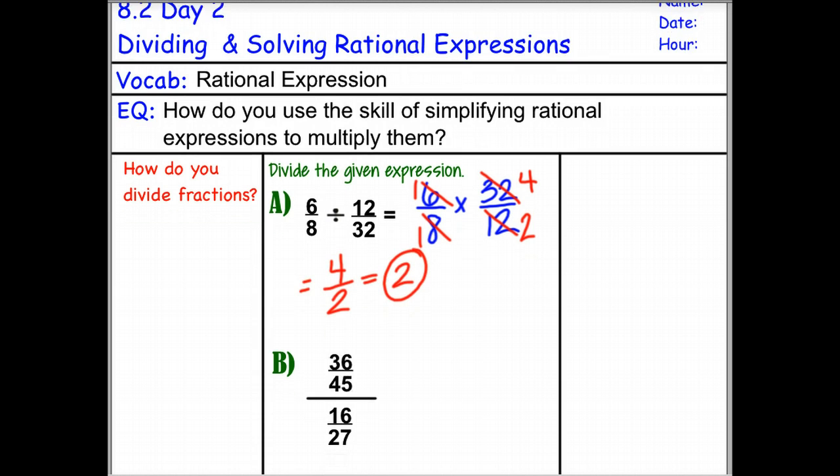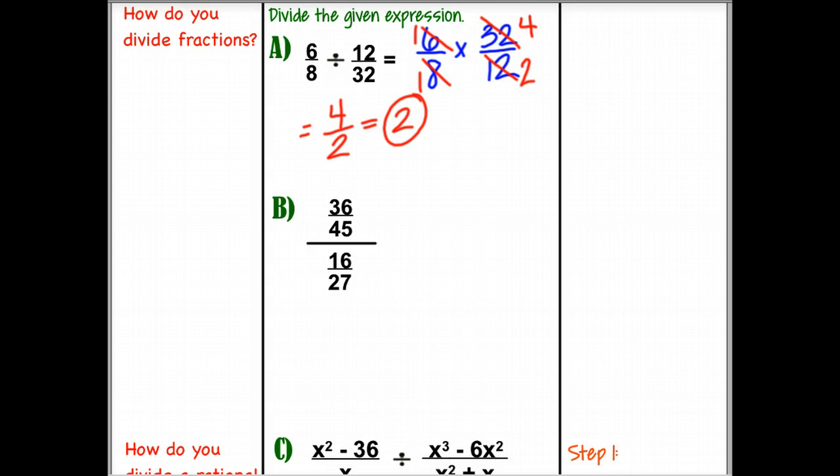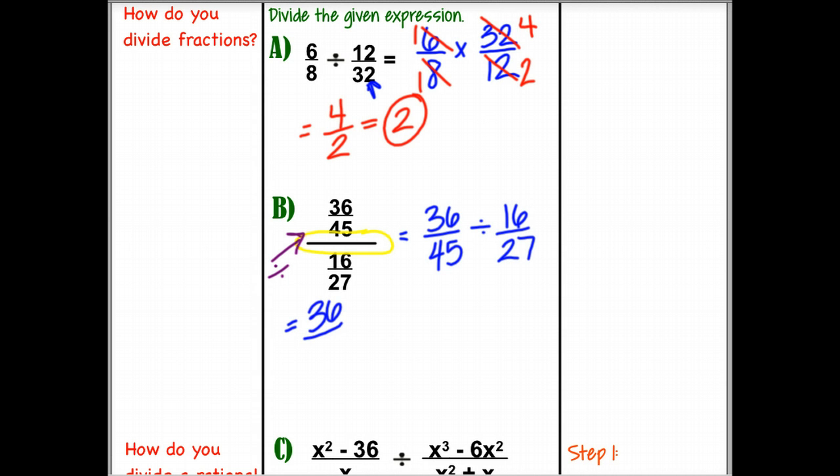The other way that you could possibly see these is looking at it with a fraction within a fraction. And this simply, remember, means when we have this giant fraction bar here, this simply means divide. So with that being said, I'm just going to rewrite this initially as a division problem, like this one up here. We have 36 over 45 divided by 16 over 27. Then I can rewrite that by keeping the first fraction as is, 36 over 45, and multiplying by the reciprocal of